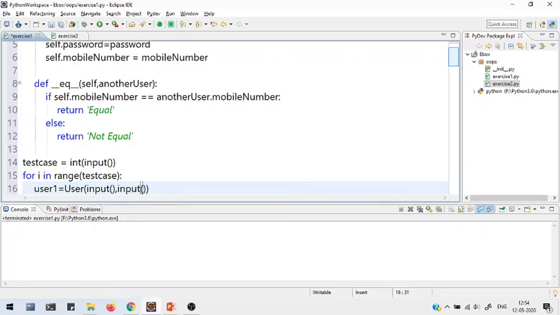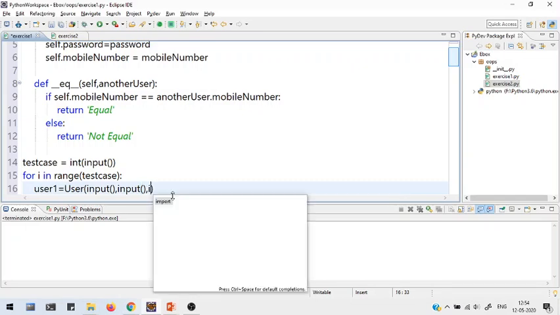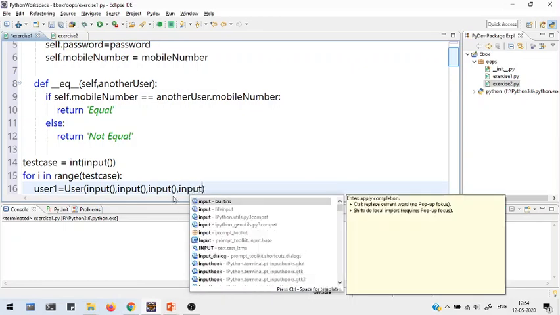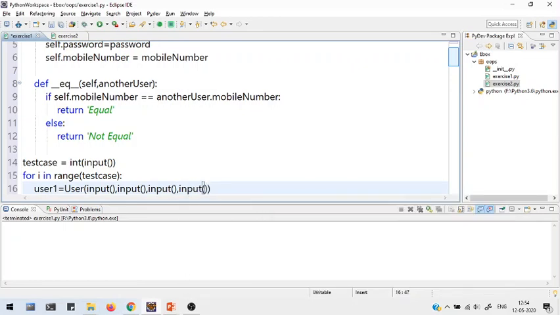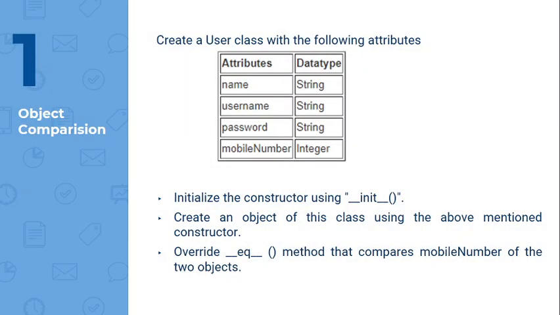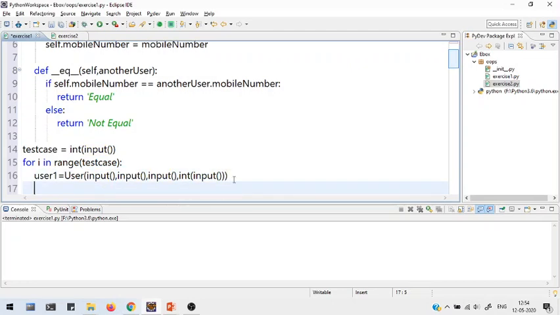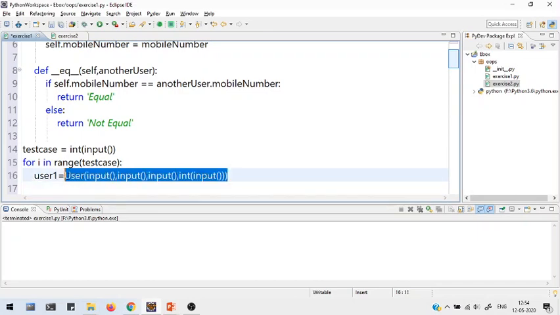Input, this will read the username. This will read the password, and this will read the mobile number. Note that in the question the mobile number is given as an integer, so we have to read it as an integer. To read as an integer, you have to again use the int function that is available in Python. So this is the first user.